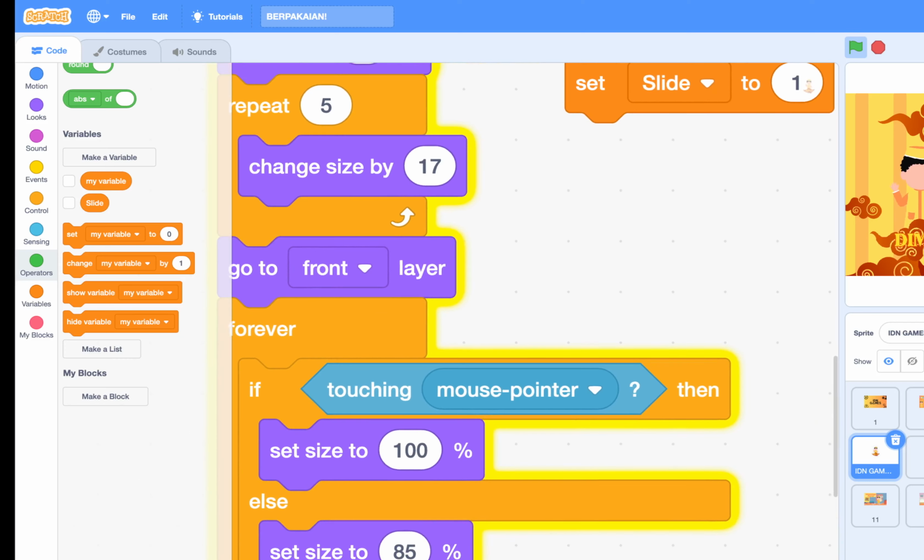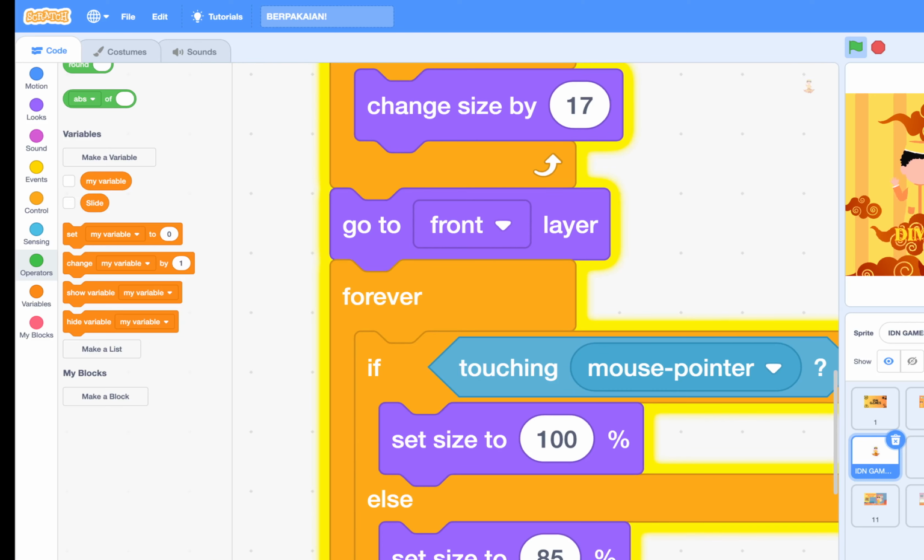So it will not stop. And then if touching mouse, like the play button, then set size to 100, because this is 85, just a small amount, just 100. And then if not touching mouse, set size to 85. If else, so like this. And then let's move to the